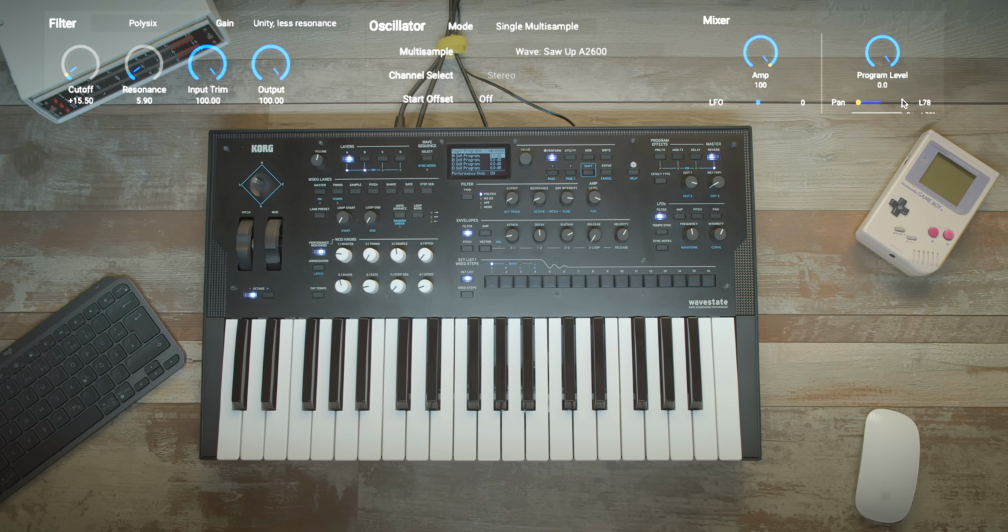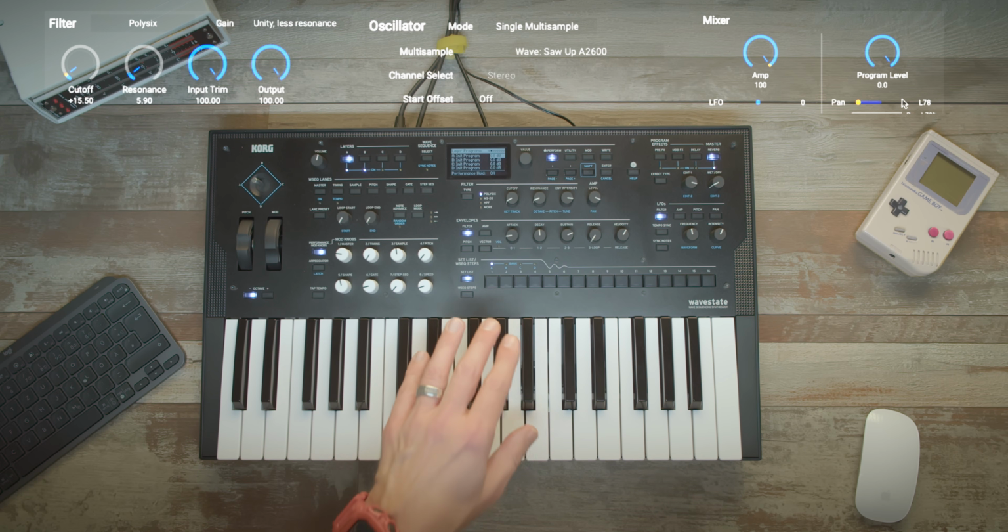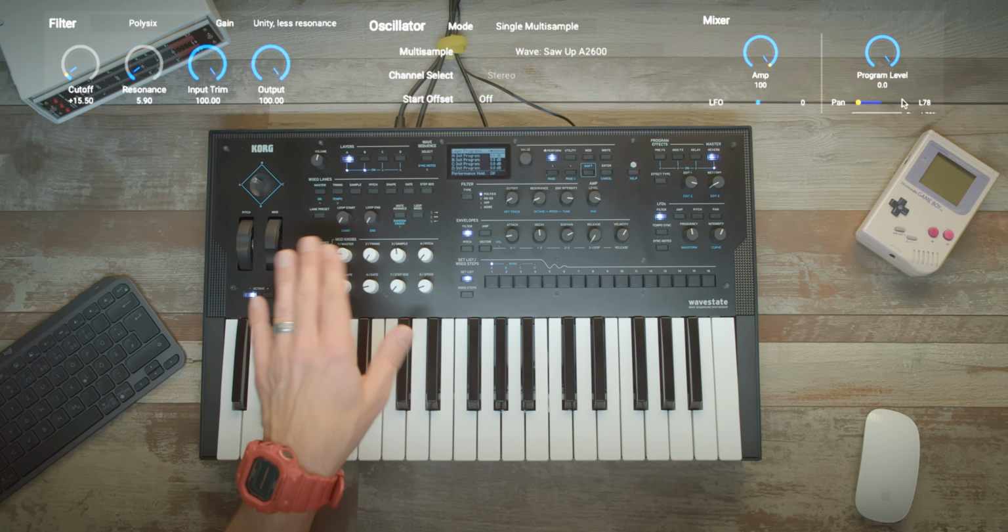So what we can do now is control the cutoff frequency of both layers with just one knob.